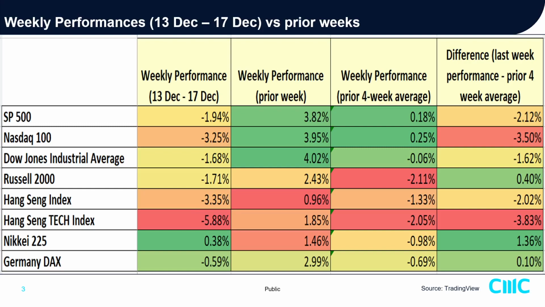Overall, if you look at the momentum by taking the difference of last week's performance and its prior 4-week average, that also starts to thin down, or decline, for the three US benchmark markets: the S&P 500, the Nasdaq 100 and the Dow Jones Industrial Average, all negative. What's still pretty flat or positive is the German 40 index, the DAX, almost unchanged, and a slight positive bias on the Nikkei 225, at a positive 1.36%, not that great.